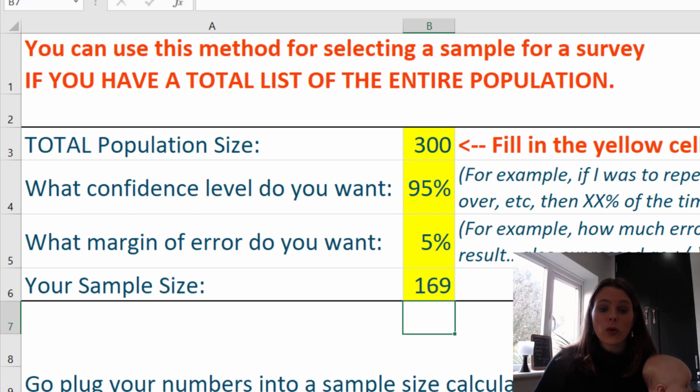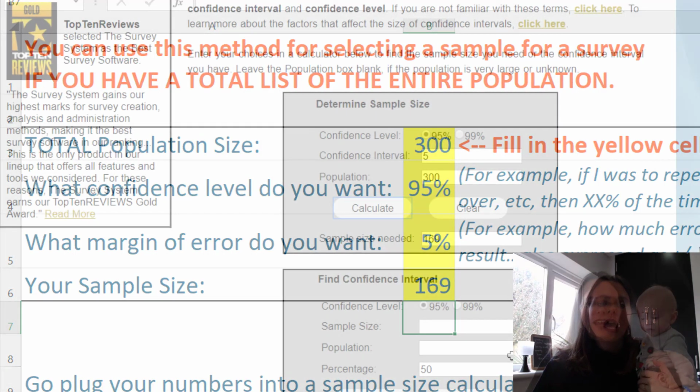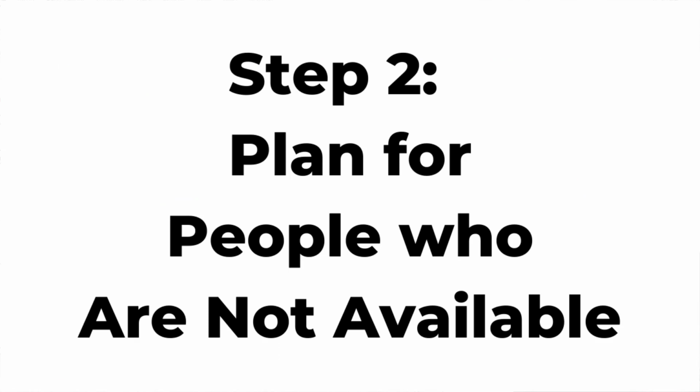And then we're ready for step 2. So that means we just have to go out and interview 169 people who are randomly selected, and we will have results that are generalizable, so we don't have to do a census to find really reliable results. Okay, and so back in our template, step number 2